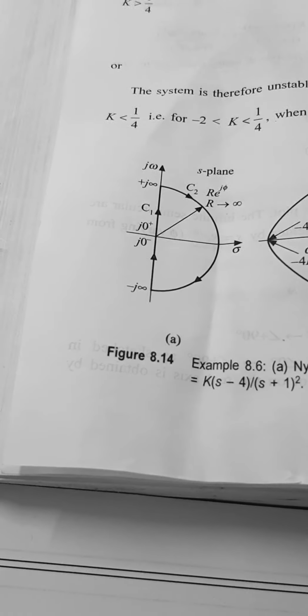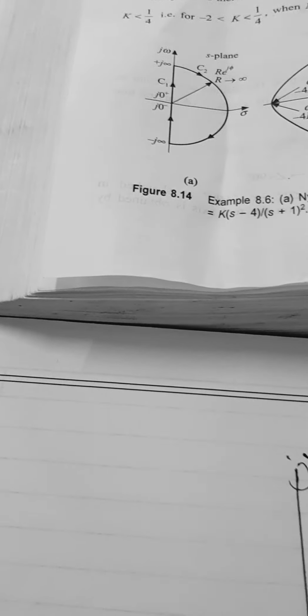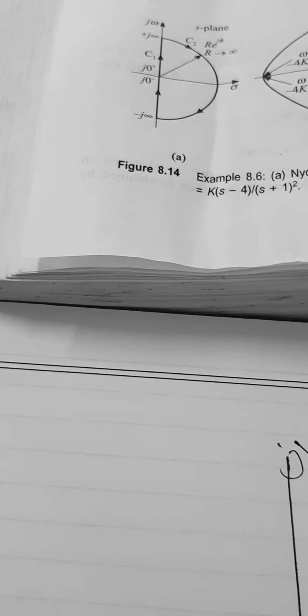And k should be less than 1 by 4. K should be less than 1 by 4. In that case, k should be less than 1 by 4. So you are getting 1 by 8, 4 into 1 by 8. So you can see that